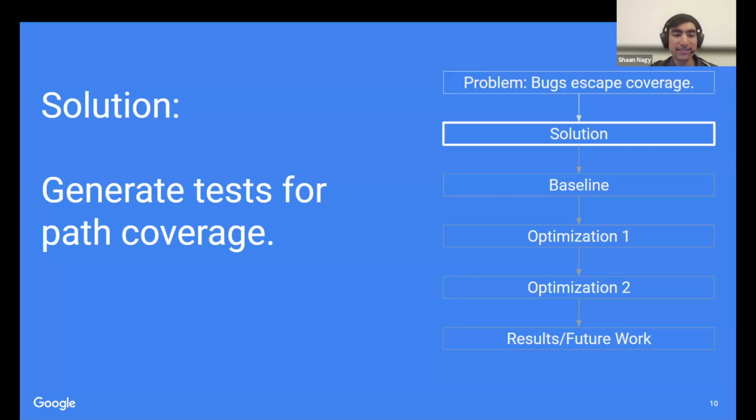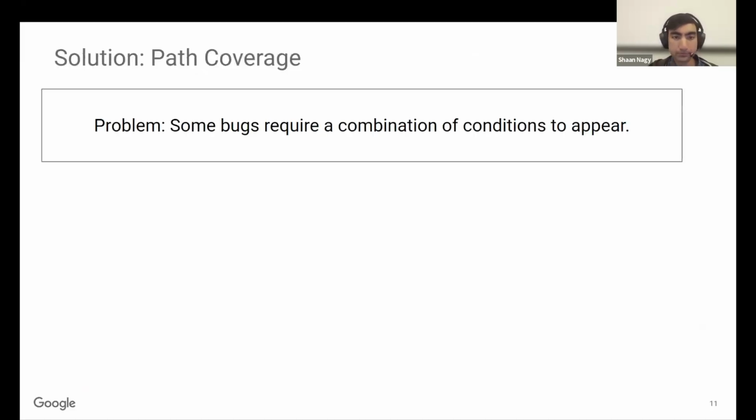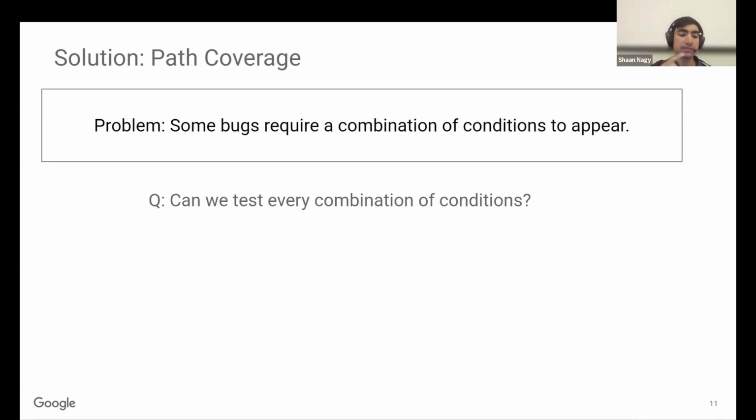So the solution, as maybe the title slide has preempted, is to expand our notion of coverage and talk about path coverage. So maybe one naive thing that you might want to do is test every combination of conditions. So you'll say, okay, well, I want a packet that hits these 3 table entries and is IPv6, and I want one that hits these 5 table entries and is IPv4. And you can imagine specifying ever larger sets of conditions that you're combining in every possible which way. But that's quite infeasible. There are way too many combinations, and you'll end up with a set of tests that you will not be able to run.